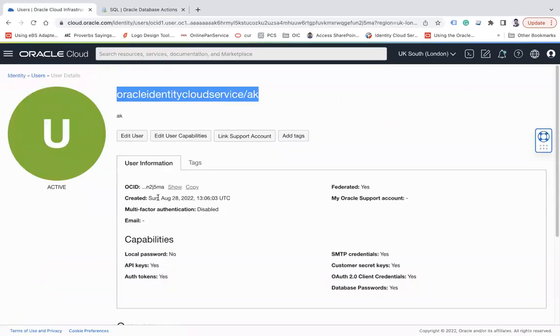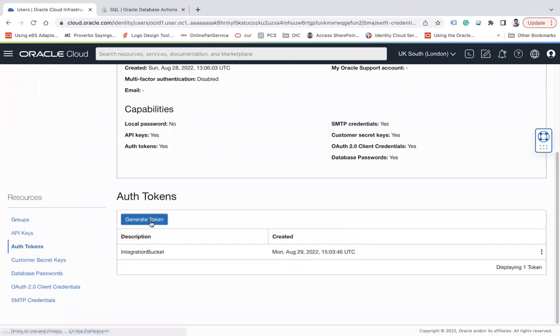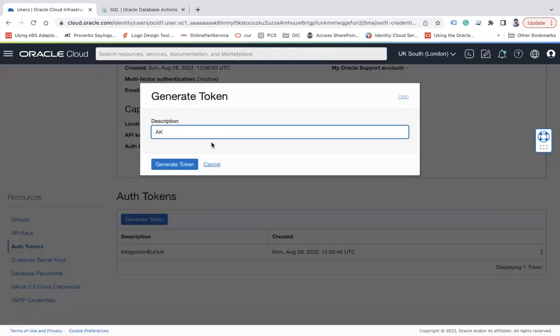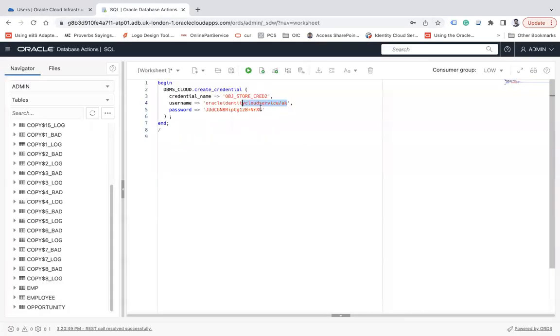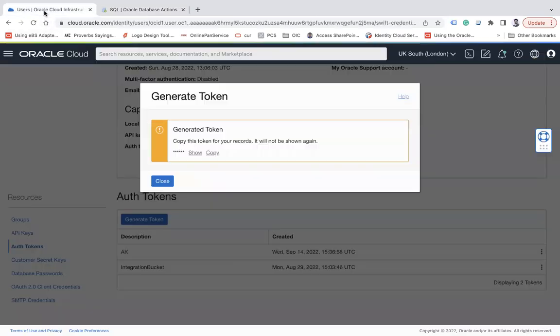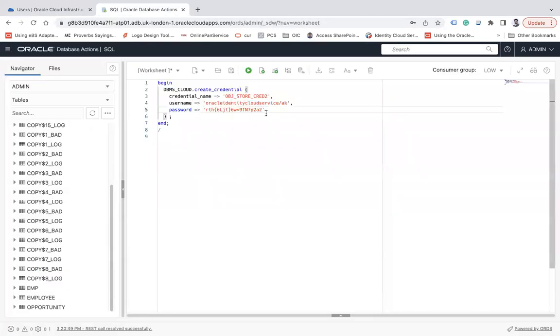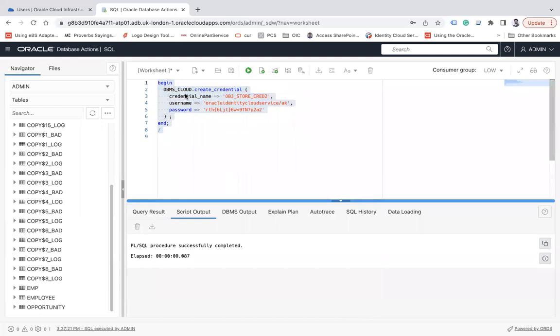So let me copy this. Not copy. Go to this token and generate token. And let's say AK. And let us say generate token. So make sure you copy this token and place it somewhere safely, because once this pop-up is closed, you will not be able to see this again. So simply say close now. Now this is my token. Let me simply run this, which will create a credential name in your ATP schema with the name object storage credential